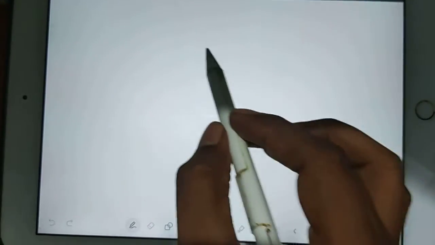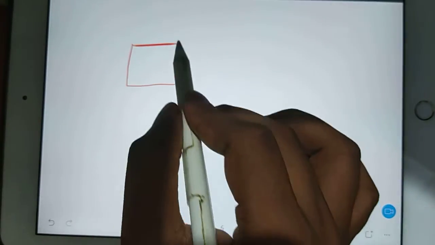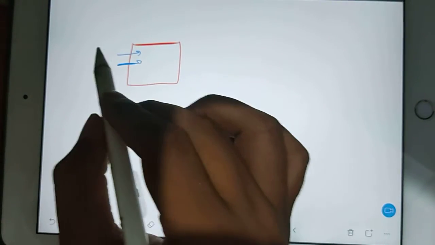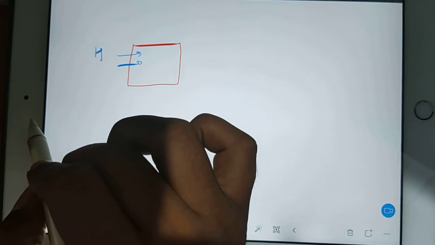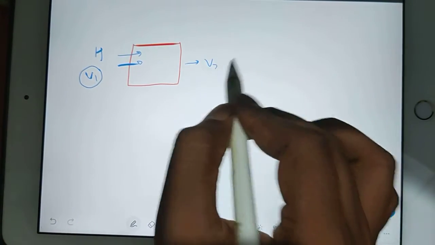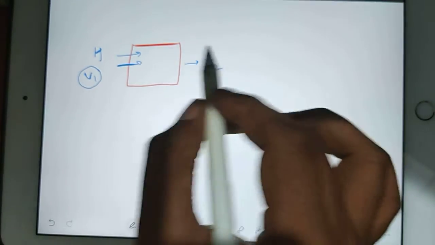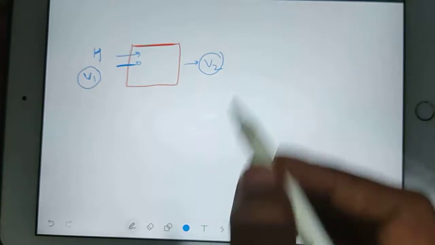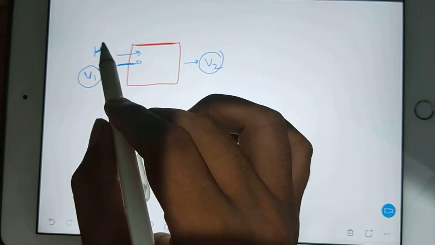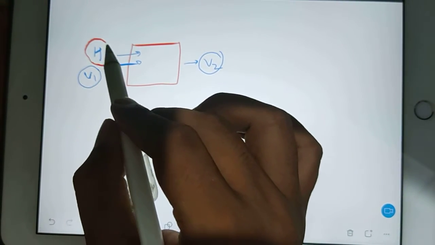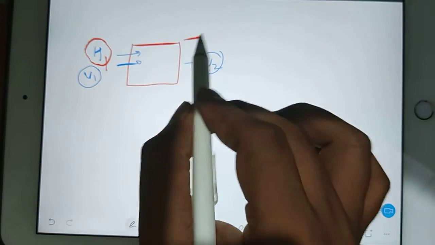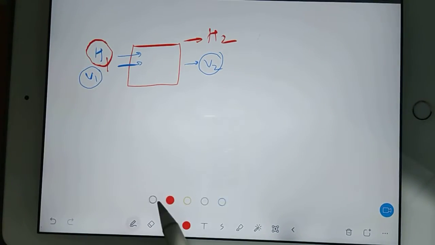So see, if you are dealing with a compressor, you know how a compressor runs. Some air will come in with certain enthalpy, and velocity may be there, velocity may not be there. Okay, the velocity term is not mandatory for a compressor. Inlet and exit velocity I'm talking about. Now, whatever enthalpy is here, this enthalpy will be H1, and this enthalpy will increase and become H2, because